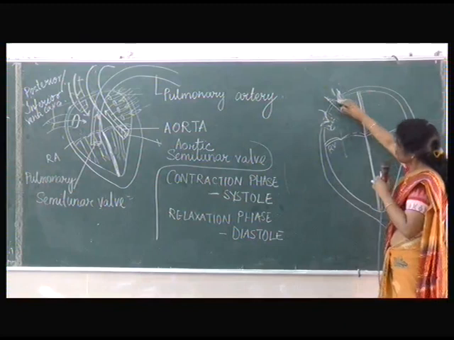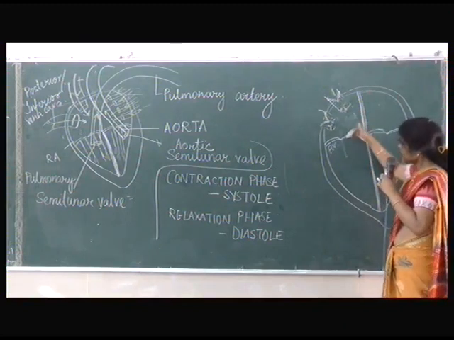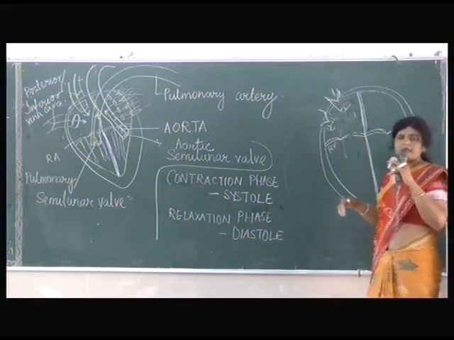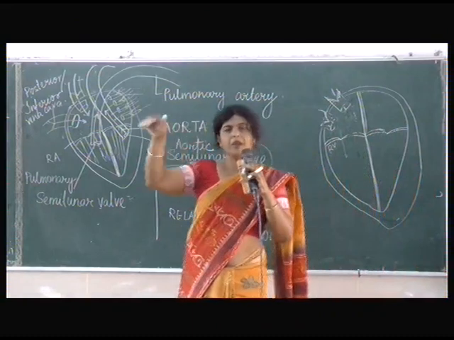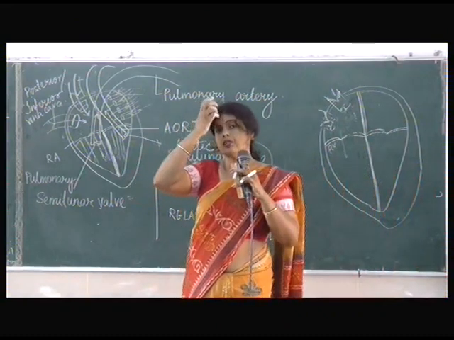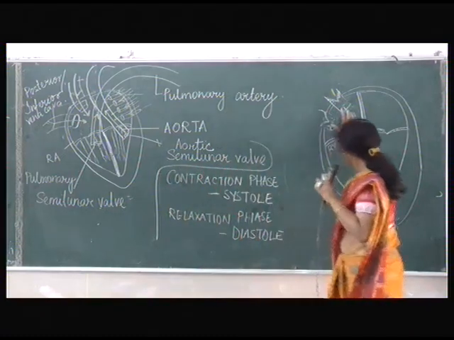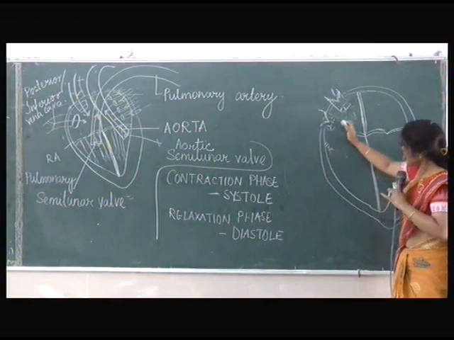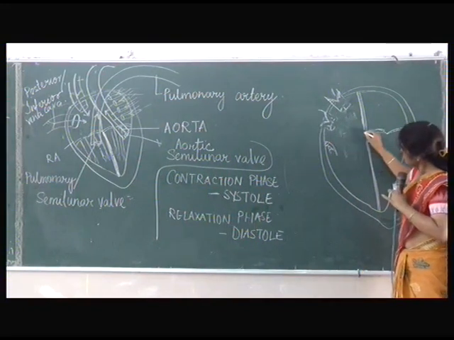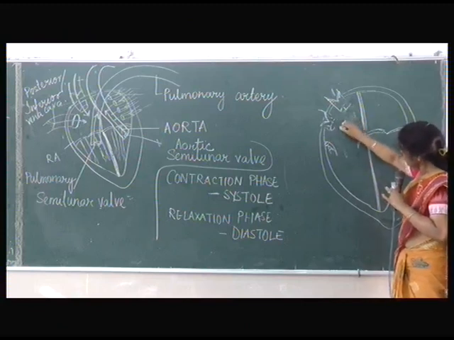Now this is closed. These are the tricuspid valves, and they always open towards the ventricle. Yesterday I told you that the opening of a valve is towards one direction only. They cannot open in both directions. Is it clear? So due to the pressure of the blood, what will happen? These valves, the tricuspid valves, will open like this. And here the blood flows in.